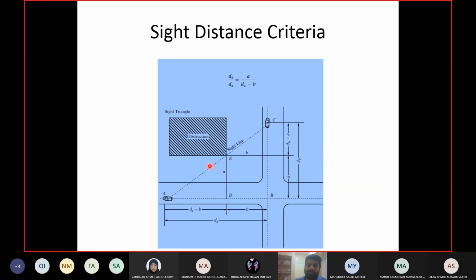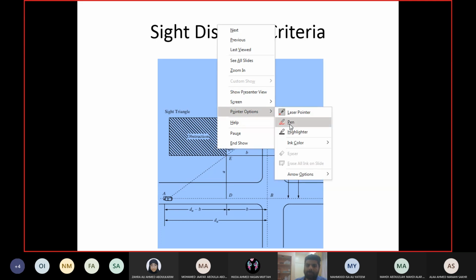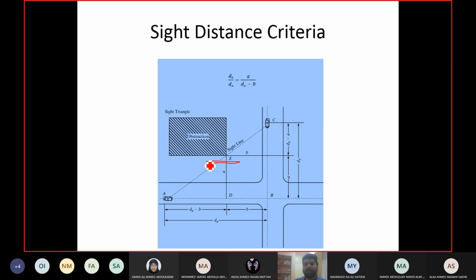Okay, now wherever we are talking about the distance which is not straight, distance across a curve, we have already discussed in chapter 15 that distance will depend upon the obstruction on the side of the road. So the driver on point A can see the driver on point C because the obstruction is here. Okay, what if I move the obstruction closer? If I move the obstruction here, then now the driver cannot see it from here, right? So his line of sight is blocked because of the obstruction on the side of the road.